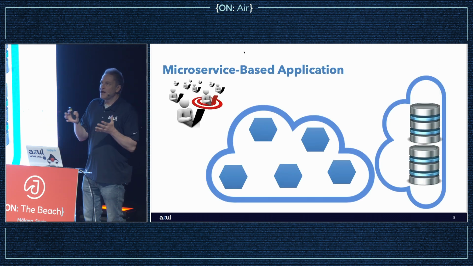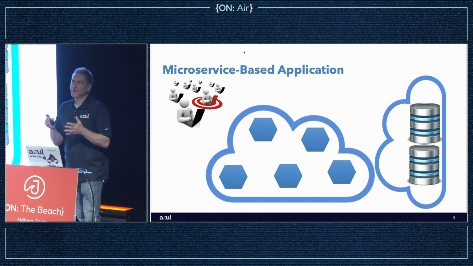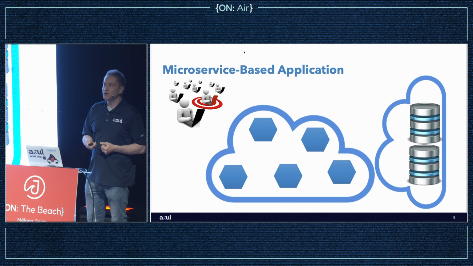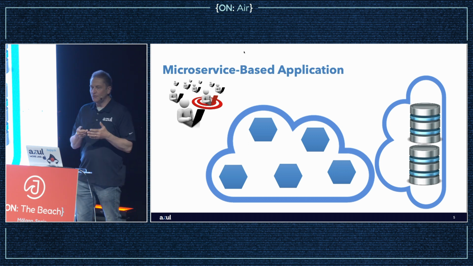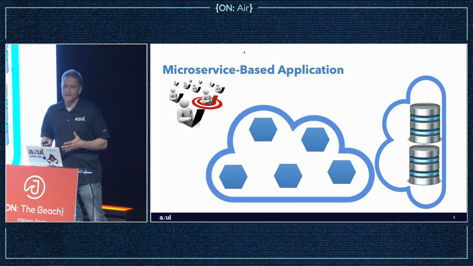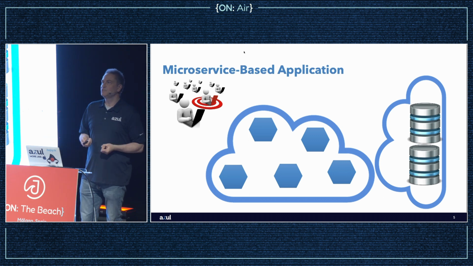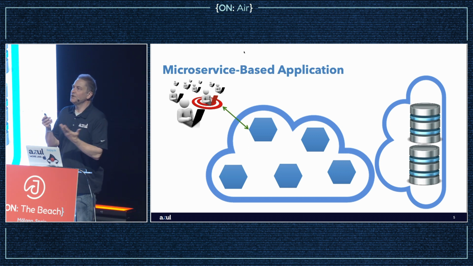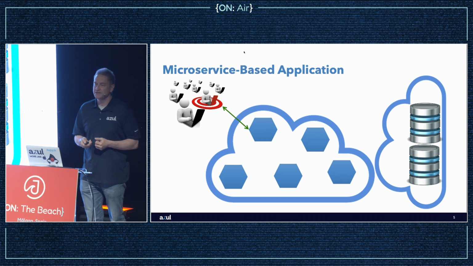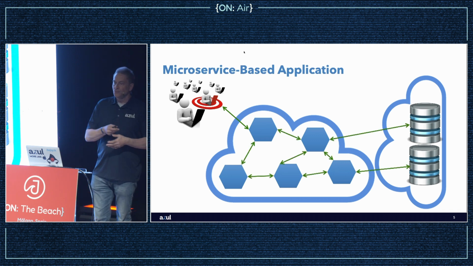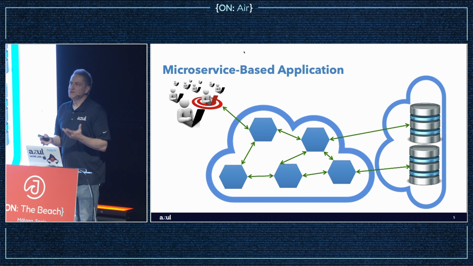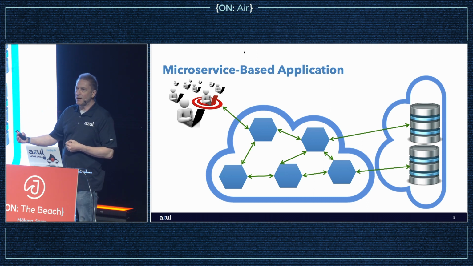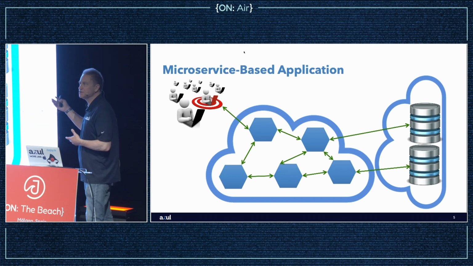And if we look at our microservice-based architecture, when we think about how that works, what we've got, in this very simple example here, is a number of services that we're going to link together in the cloud. Our client, our customer, wants to interact with that, so they're going to interact with the front end part of that. They'll send some kind of request to have a transaction processed. That's going to involve a number of different microservices in terms of what we're doing within our application, and obviously we've got some